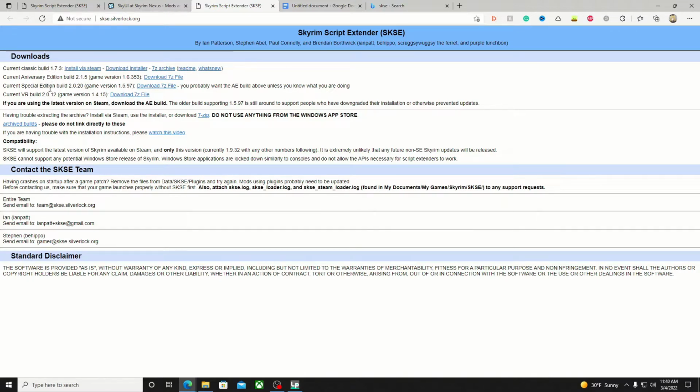I assume all of them are relatively similar, but I have the classic version, so we will go ahead and do that. There's 3 different ones here. I will demonstrate all of them, but first we'll do Download Installer, and it'll pop up in your downloads folder. I have already had it downloaded before, so it has a little 1 here. Open the file,